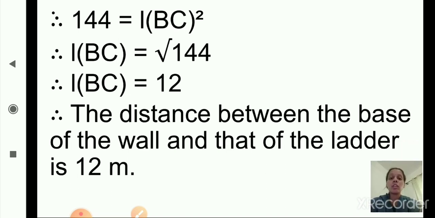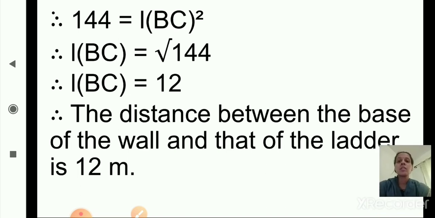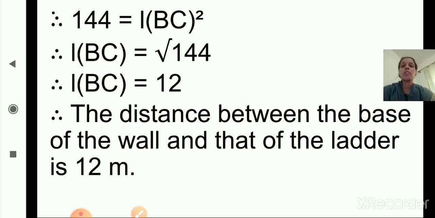Okay, so in the question the information is given. Based on the information, first we will draw the figure neatly, then we will label the diagram, and then we'll start solving. According to Pythagoras theorem, you will write the formula and then you will put the values, then we'll write the squares and we'll get the answer. Okay, so I hope you are clear with this sum. So here we have completed question number 3 and question number 4 from practice set 48.